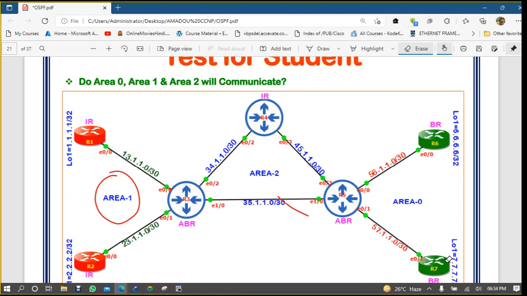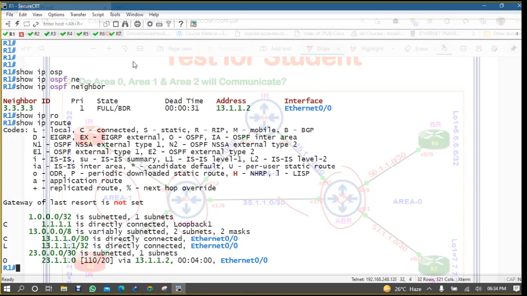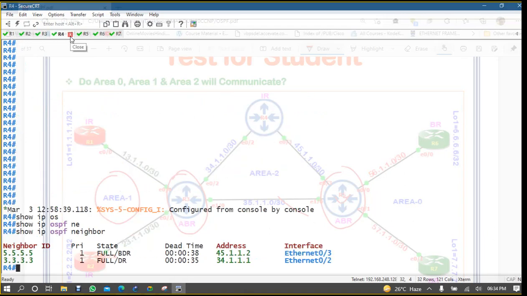See, now tell me, who is responsible for creating communication between two different areas? This ABR router, right? Now, the ABR that is connected to area 0 is saying, yes, I am connected to area 0, so if you come to me, I will help you communicate to area 0. No problem. Like R4, if you are coming to R4 and checking here, the IP route,